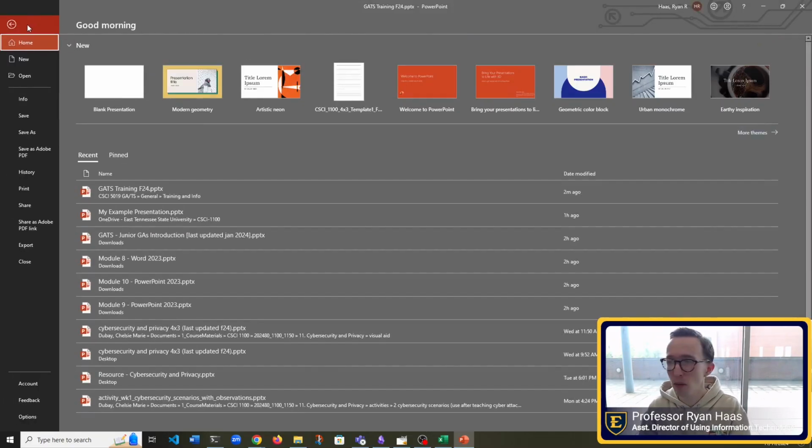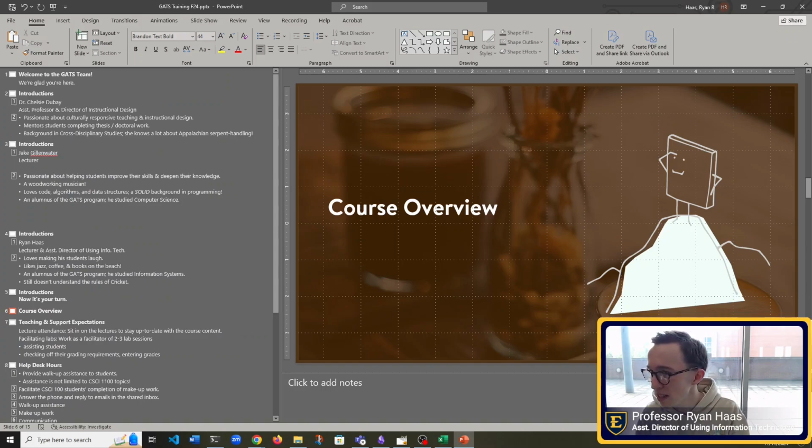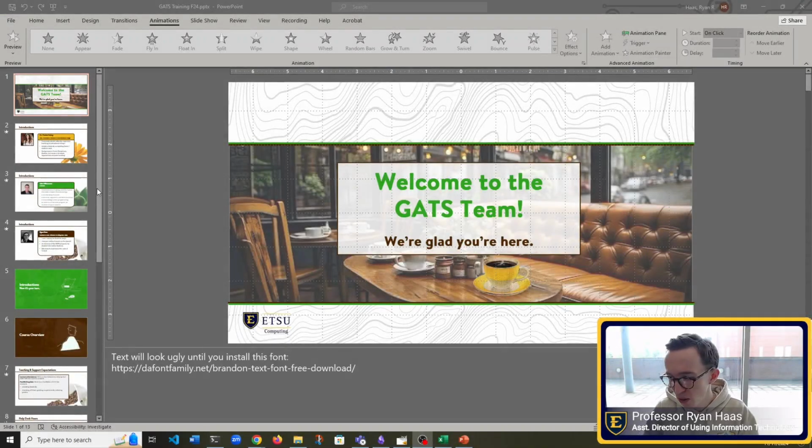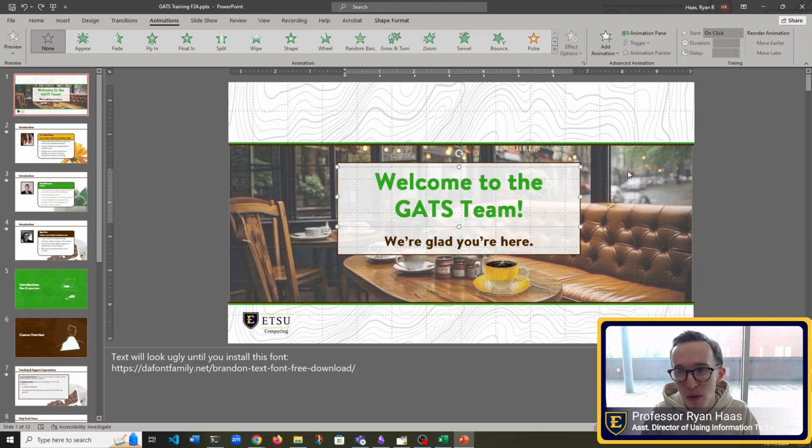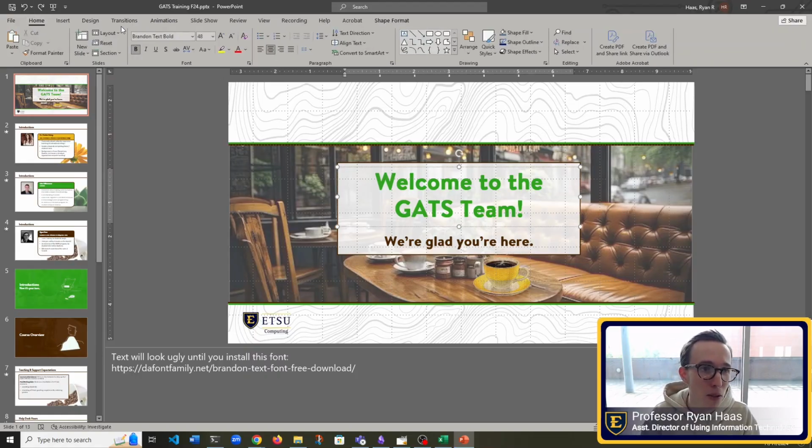Now I want to show you how you could create automatic transitions and basically make this thing where it plays automatically, and then you can even export it to a video. So for example, let's say I want it to hang out on the title slide for a few seconds and then transition to the next slide.